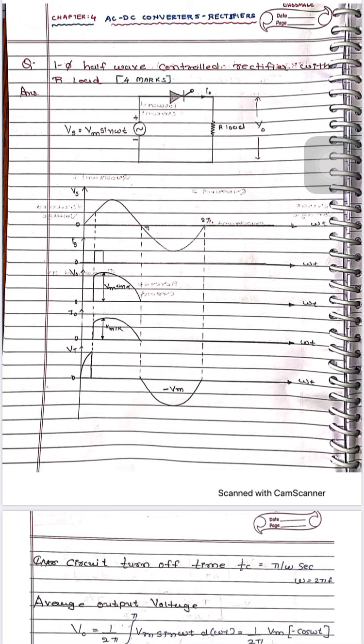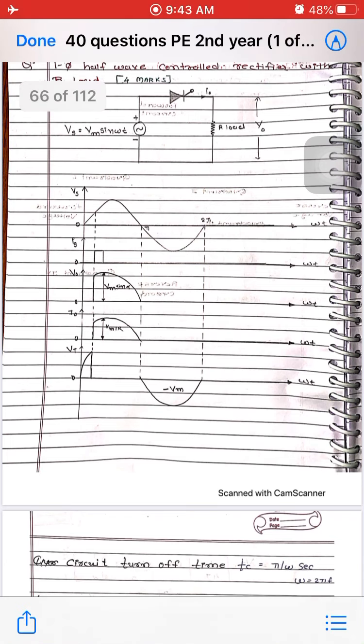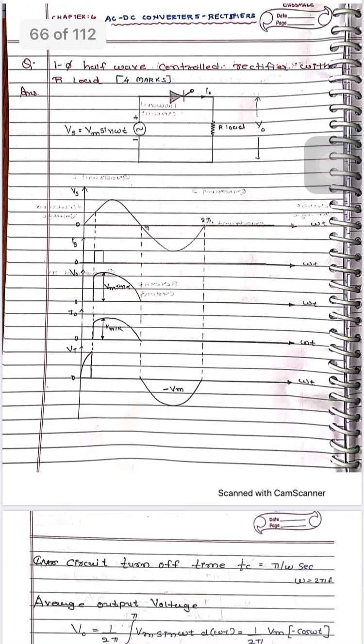Today we are going to learn about converters. Basically, five types of converters are available. First, AC to DC, meaning AC supply to controllable DC supply. This converter is called a rectifier. Second, fixed DC to variable AC converter, that is called an inverter.